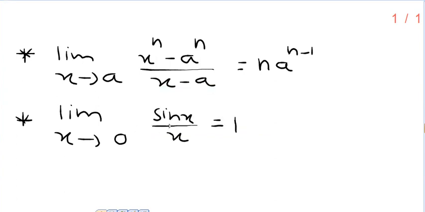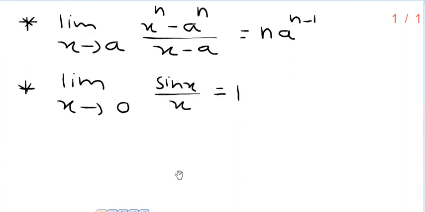Similarly, if you want to evaluate a trigonometric limit, and if angle is in degree, don't say limit doesn't exist, convert that angle in degree to radian. You should know that 180 degrees make pi radian. Okay, use this formula. So angle is in radian, angle tends to 0, and angle in the numerator is fully repeated in the denominator. Then only the value of this limit is 1.